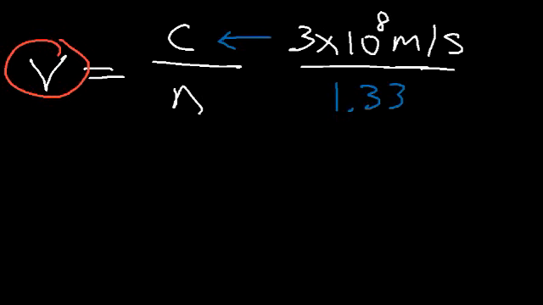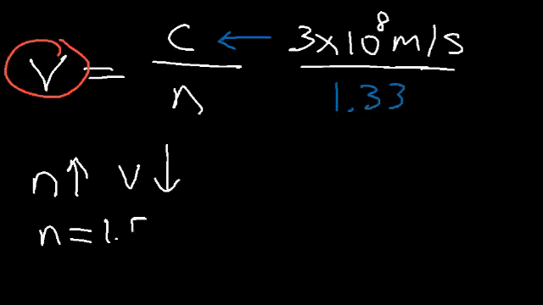We can use this equation to calculate the speed of light in glass or the speed of light in diamond. As the index of refraction increases, the speed of light in that material decreases. The index of refraction for glass is about 1.5. For diamond, I believe it's about 2.4. So light travels much slower in diamond than it does in glass, and light travels slower in glass than it does in water. But in pure empty space, light travels at its maximum speed of 3 times 10 to the 8